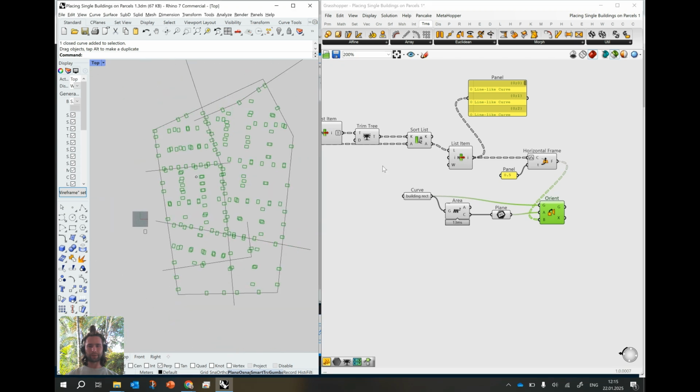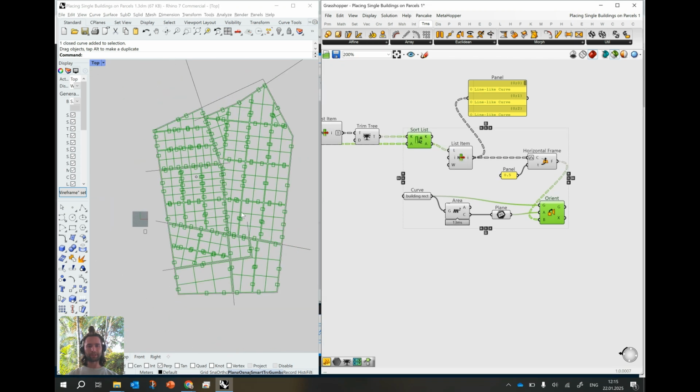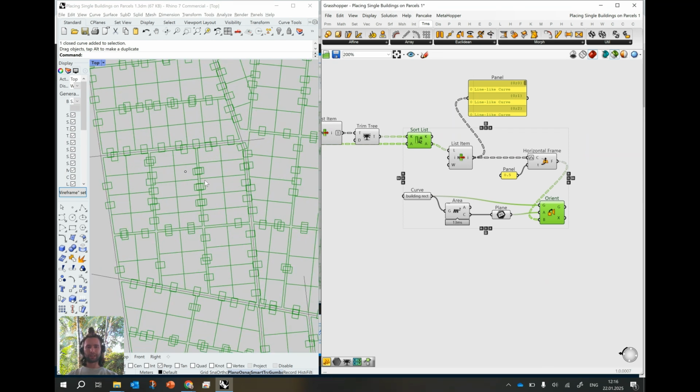Okay, let us check what happens now. So these are my parcels and these are my buildings. It all looks very promising. You see that the buildings indeed got the orientation of the parcels, not the parcels, but the street-facing edges of the parcels. So they are actually placed almost correctly. Now the only thing which is missing is that buildings are not placed on the parcel itself, but instead they are placed on the